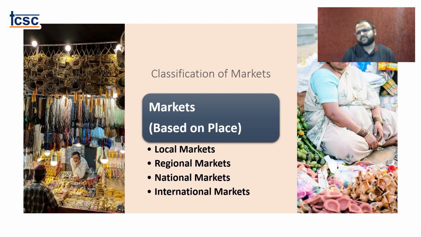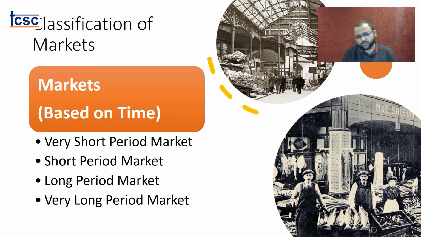For example, India is one of the thriving examples where we see that place happens to be one of the easiest ways of classification. There are local markets, there are melas in India, there are festivals around those melas, and so on. There are regional markets, national markets, and international markets. These markets are classified on the basis of geography. But we also have markets based on time. There are some markets which are there for a day, for a week, maximum a month, or a year, or some two or three years, or they are there till eternity.